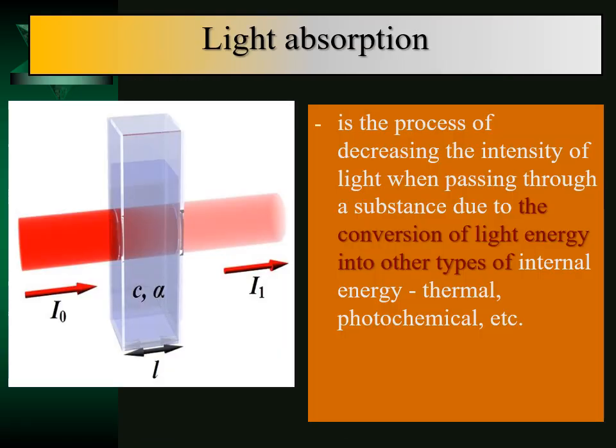Here are the difficulties. So, the first phenomenon that we are considering is called light absorption. You have a container depicted in front of you, or some kind of vessel with a liquid transparent to light, with the letter I and index 0, and the arrow is red, respectively. The luminous flux falling on the vessel with the liquid, and I with index 1, is the intensity of the light that has passed through the substance, that is, through the vessel, through the liquid that fills this vessel.